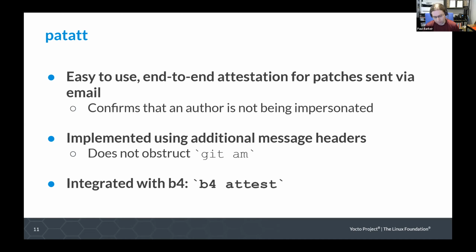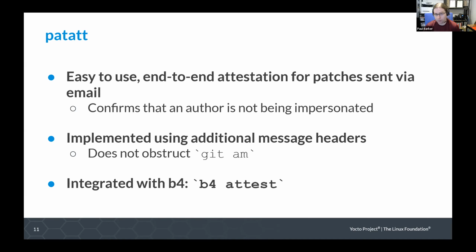What it does is it essentially does a hash of the message content and signs that with either a GPG key or a standalone key, and adds those signatures in as additional message headers in a way that does not obstruct the git am command. It uses a very similar algorithm to DKIM, which is used for signing emails as they pass through mail gateways.